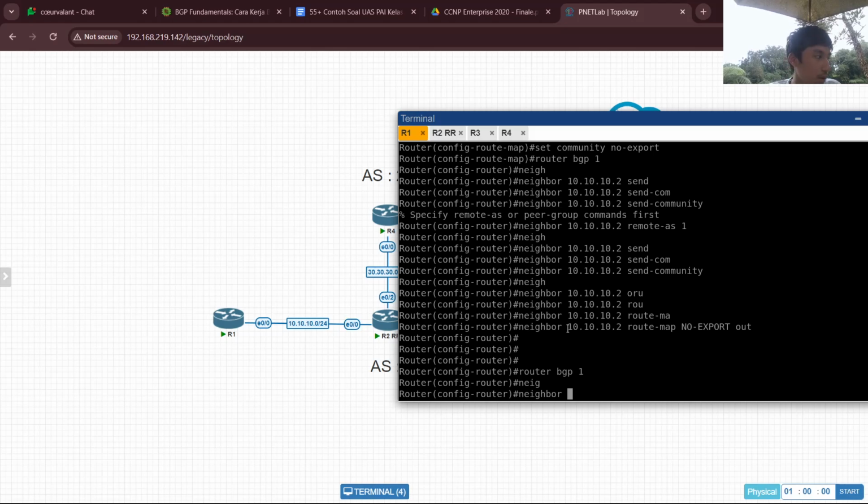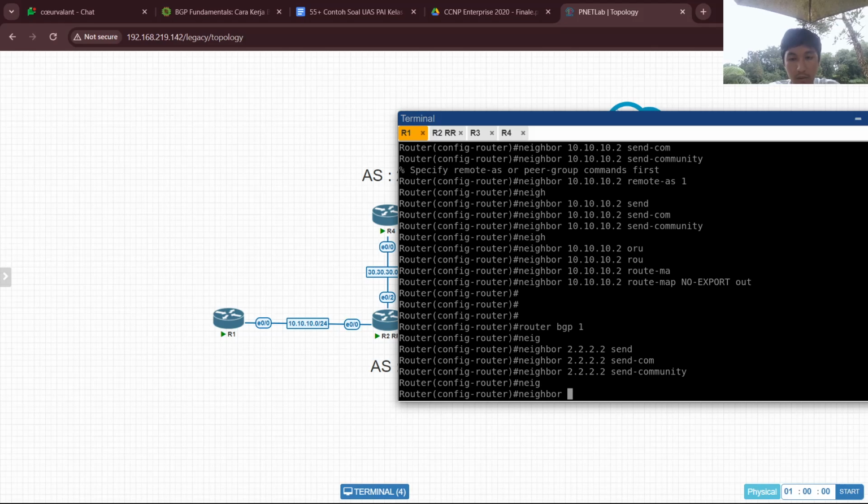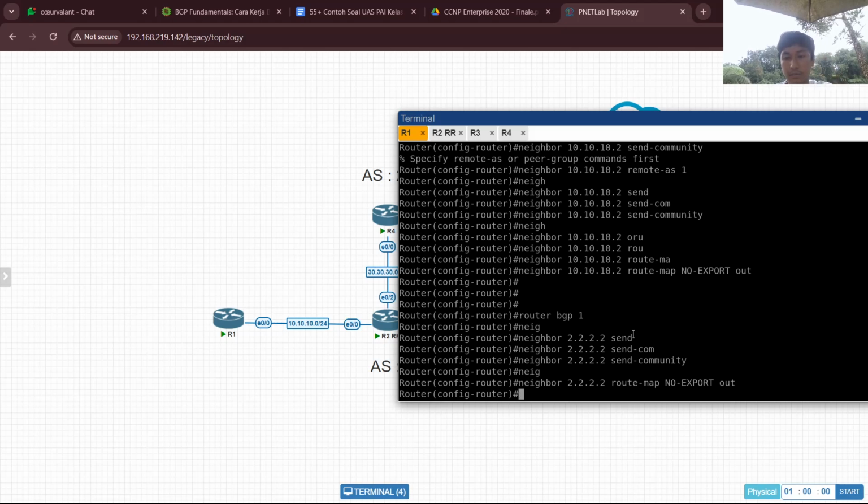So we just need to use the loopback, then send community to this router, neighbor, route map, no export, out.